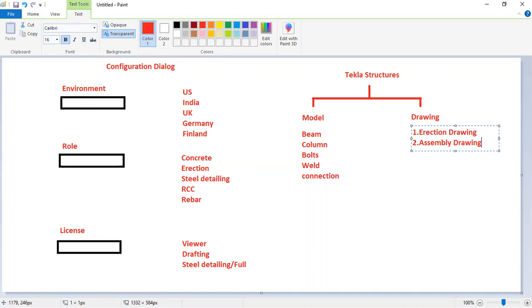What I mean by erection drawing is that different assemblies will be created in that drawing, or shown together in a plan or elevation or whatever it is. You will be able to see all the markings of those assembly drawings in the erection drawing. So the erection drawing is the assembly of different kinds of beams or different kinds of columns, which will be shown in that erection drawing. And secondly we have the assembly drawing. In the assembly drawing, you will see a group of parts.